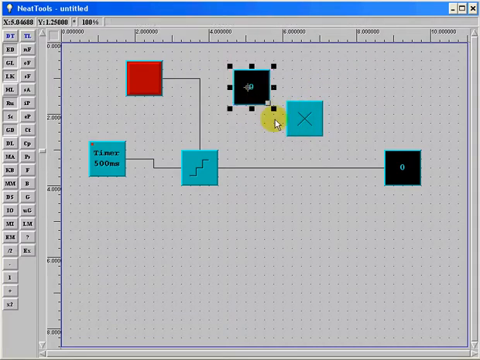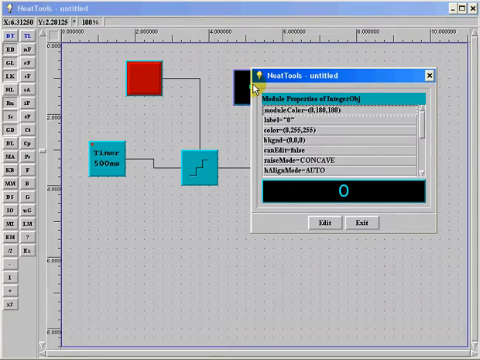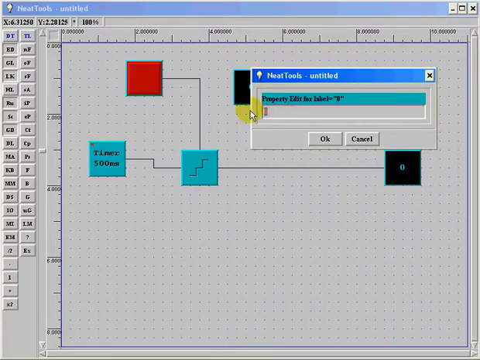So what I want to do is right click on the integer module, and under label, if you double click on it, I want to set that to 2. And you have to use the numbers along the top of the keyboard. For some reason it does not like the number pad, at least on my computer. So set that to 2